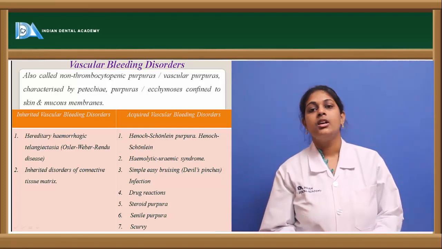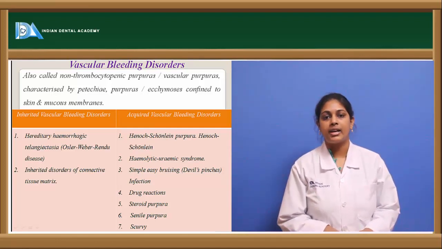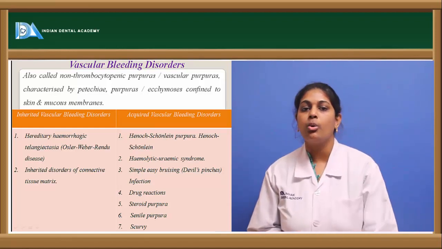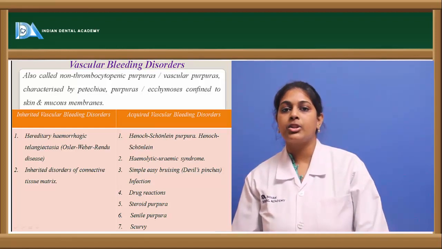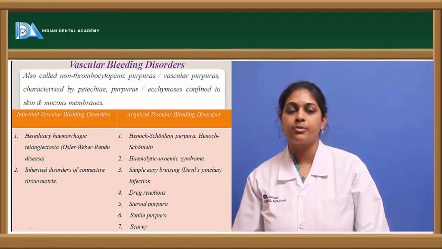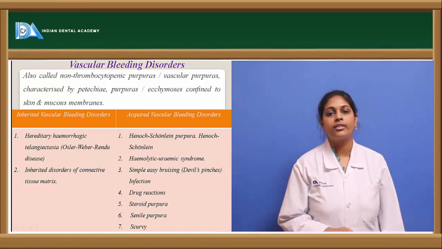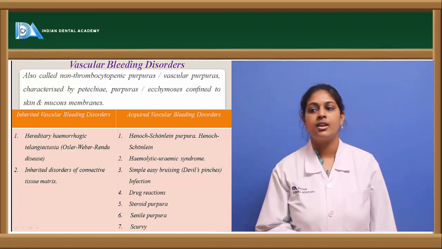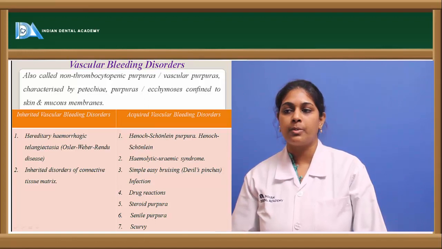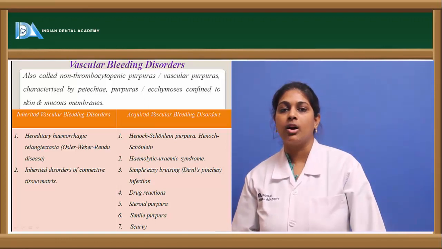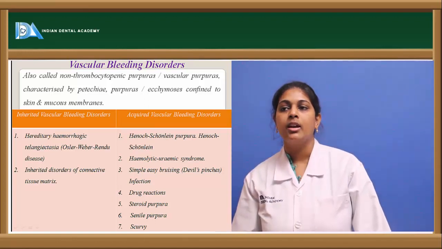Coming to infections, certain infections such as septicemia and bacteremia also show vascular bleeding disorders. Coming to drug reactions, when patients are exposed to certain drugs, they might show certain vascular bleeding reactions. Patients who are on steroid therapy also show these manifestations. Senile purpura can also be seen, and scurvy, that is when there is a deficiency of vitamin C, can also result